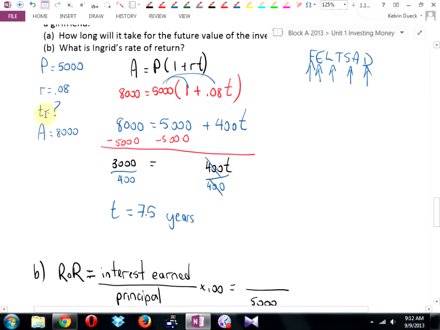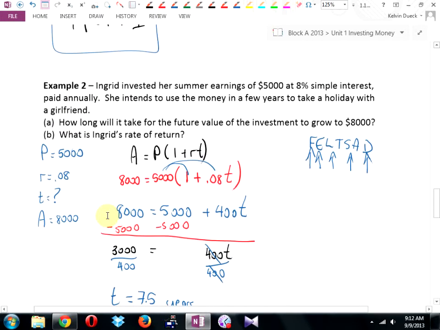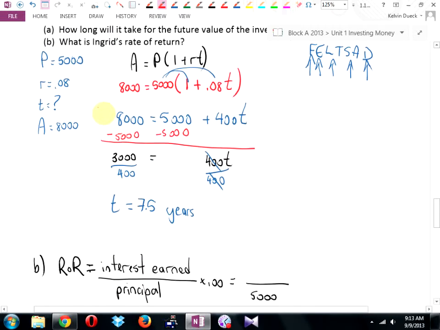For part A, what did we get for a time? 7.5 years, but we have a problem here, and the problem here is that our interest is getting paid annually. It's getting paid annually, which means we can't leave it in there for 7.5 years. Under this particular investment, you can either withdraw it in year 7 or year 8. Would year 7, if you pulled it out after 7 years, would you have enough money? No. So how long will you have to really leave this investment in for? Okay, so what we're going to do up here is we're going to put equals 8 years,